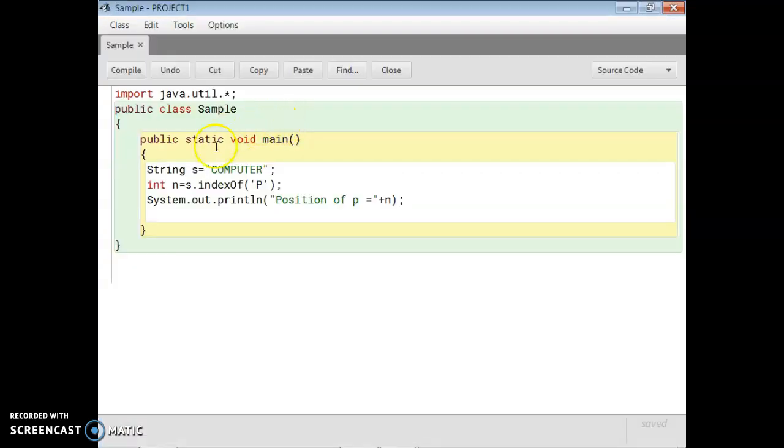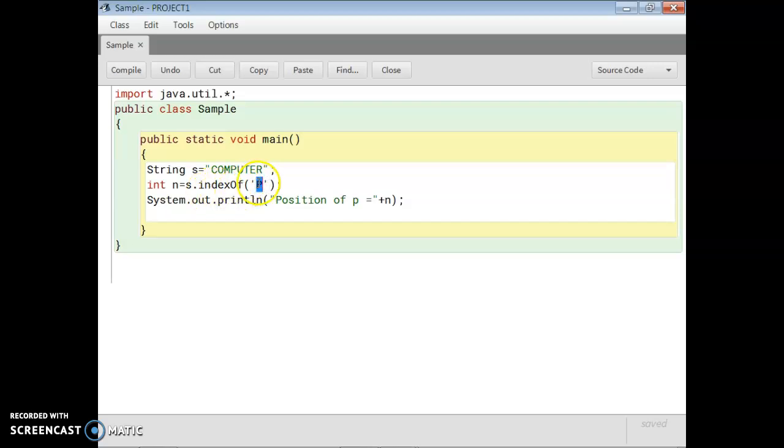Then move to the next function, which is lastIndexOf. indexOf finds the first occurrence of whatever character you give. Suppose here there is only one p. If there were 2 p's, it would only find the first occurrence of p.